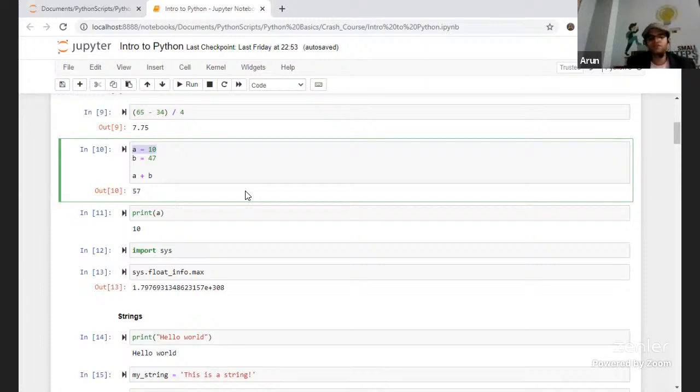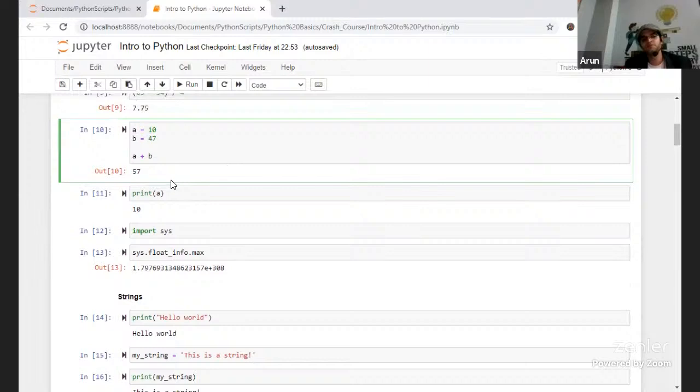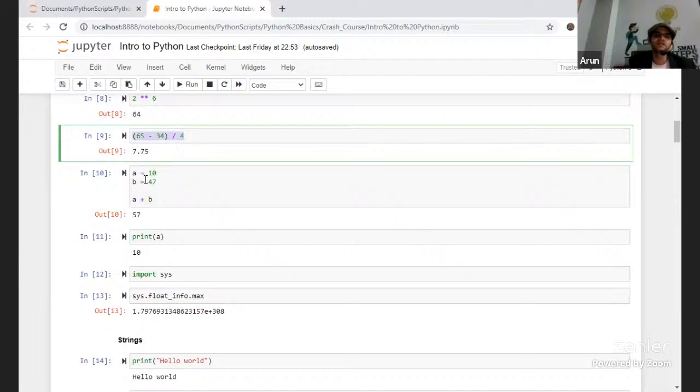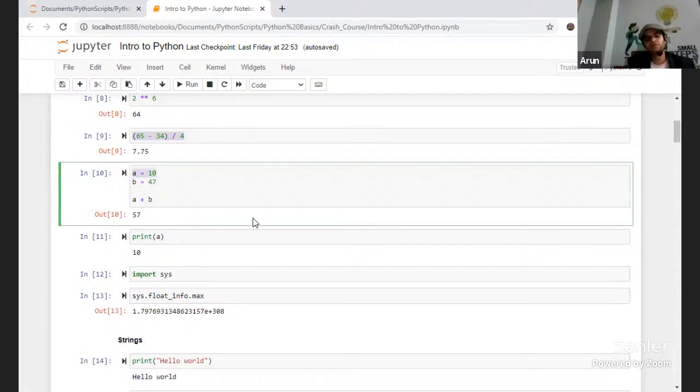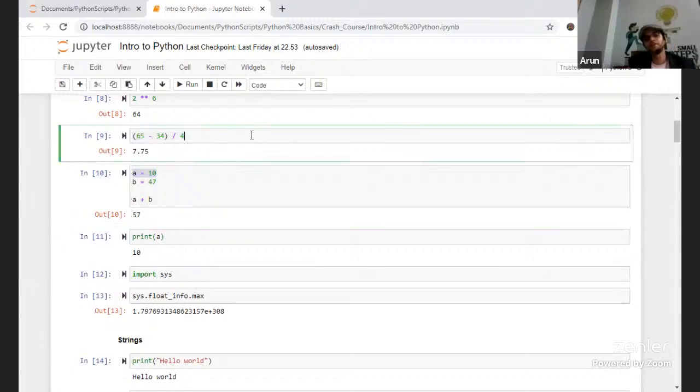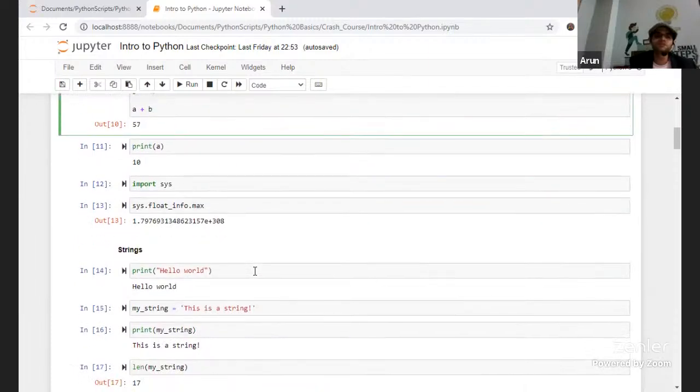So now, just to give background, this is how we assign the value. If I put 10 into A, the system automatically understands it's an integer and gives the output accordingly. If we had something else, I'd show you strings, but let's park it for now. Print of A: by default, if you do only this much, the value will not be stored. So if you directly type the same thing again, you will not get the same value. You need to assign that value to some variable, and only then print the value. Then only the value assigned to the variable will be printed, otherwise it won't. So this is about the print value.